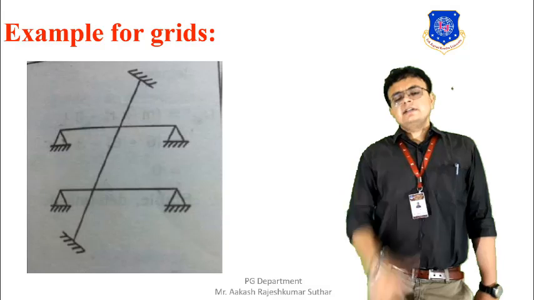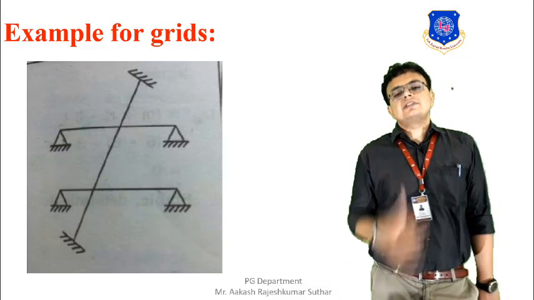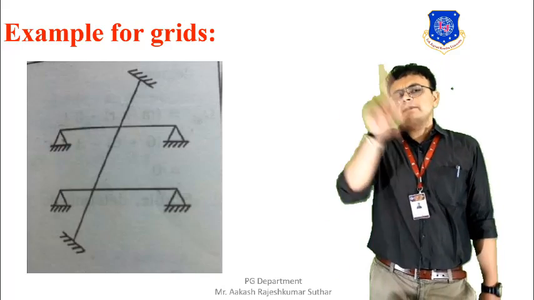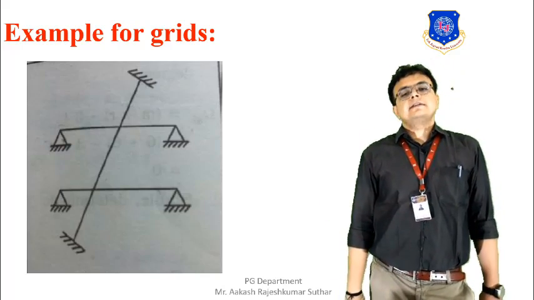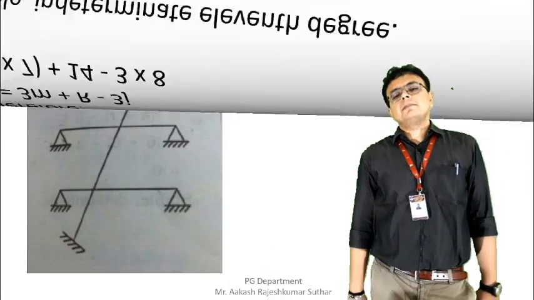Okay. So here we have a grid. You can see over here the members are crossing each other diagonally. A crisscross type of arrangement is there. So let's solve this. Basically, from the figure you can see that the number of members is equal to